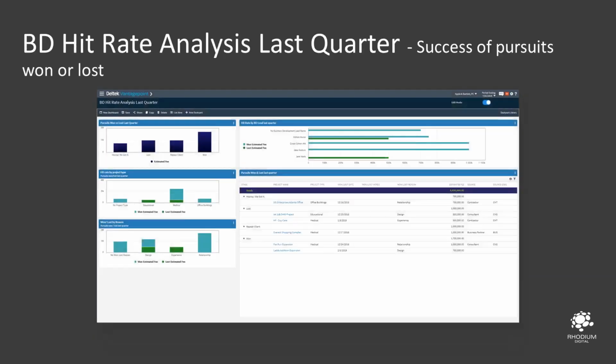A very important component in business development is understanding our hit rate. The hit rate is the rate at which we are able to close opportunities. And from firm to firm, this analysis might bear out valuable information, such as an individual business developer who is capable of closing business